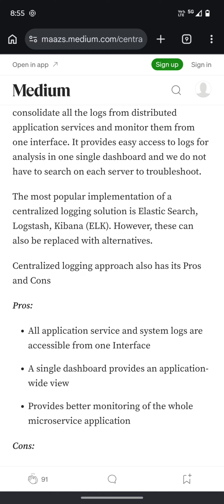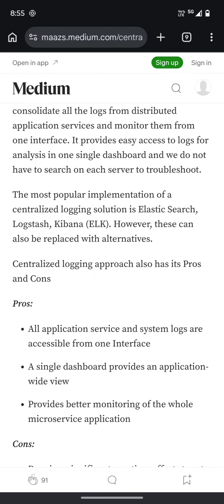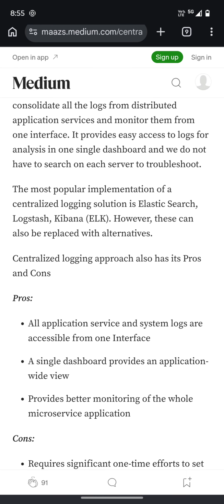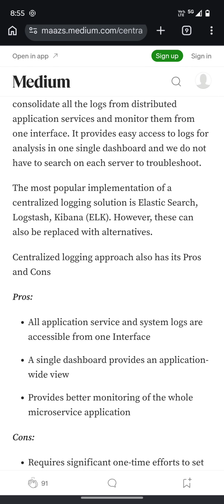Logstash, you need to configure Logstash, right? You have to redirect the logs to a centralized server, centralized database. Where do you configure all these things? You will configure all these things in Logstash. So Logstash is the component where you specify all the configurations related to your logging, such as the log file name, whether you want to provide any timestamp for the logging details, the format of the timestamp, and where you want to store this log file. All these details you can specify in Logstash files. The Logstash component will be very useful.